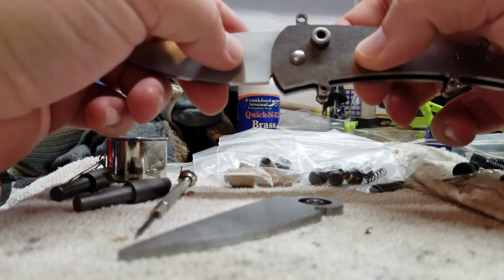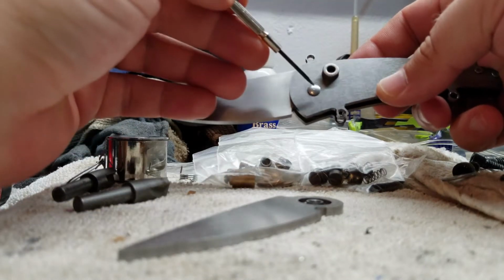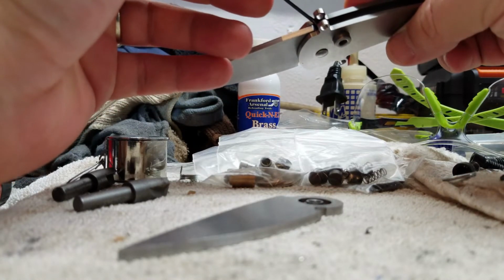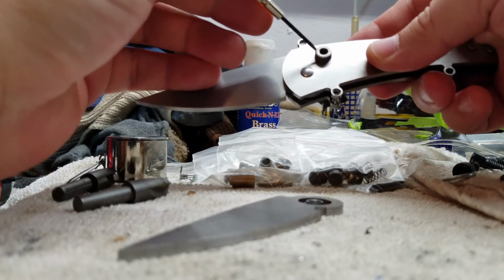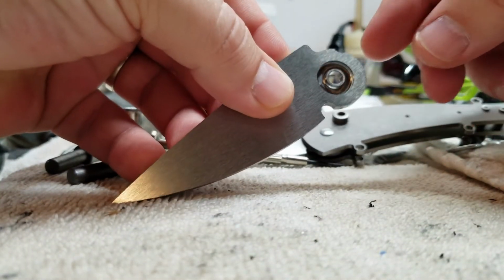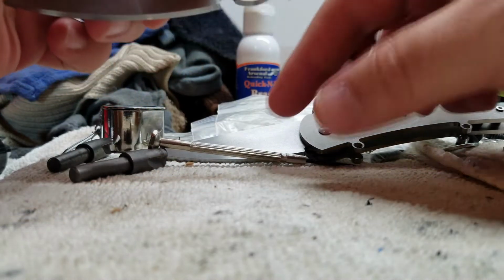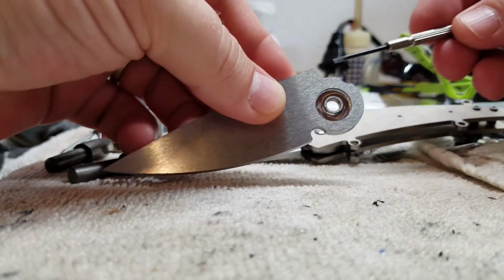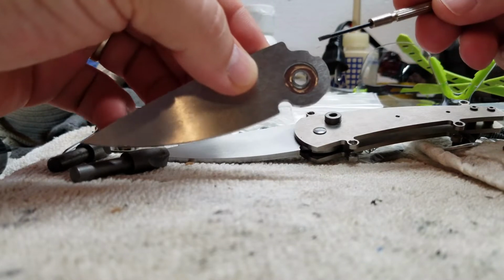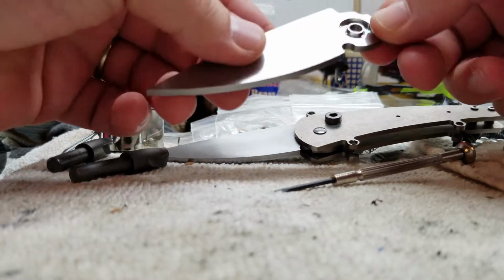So when you're creating a folder like this, you have 3 points of contact. You have the pivot, you have the stop pin, which is down in here, and then you have the button itself. And that button is going to engage this little notch that we see right here. When the blade is open, the stop pin is going to rest up against this flat right here, and then the button actually engages in this little cutout. So this is a scrap blade, but